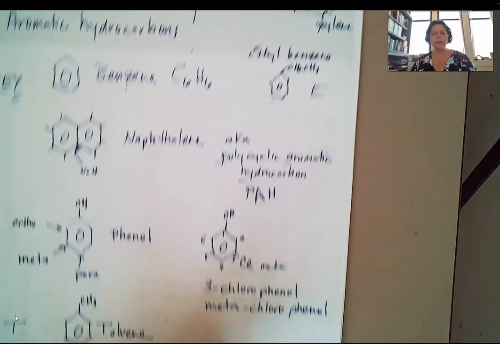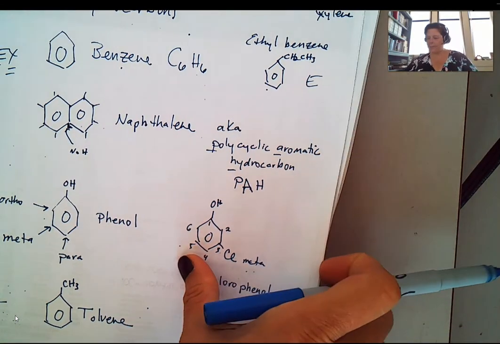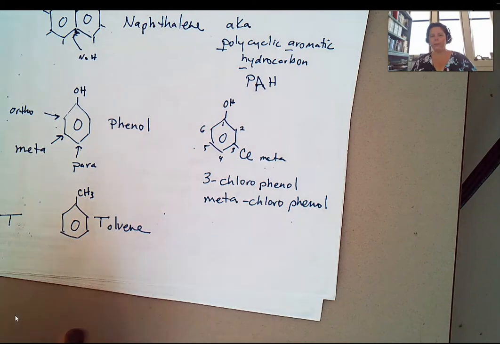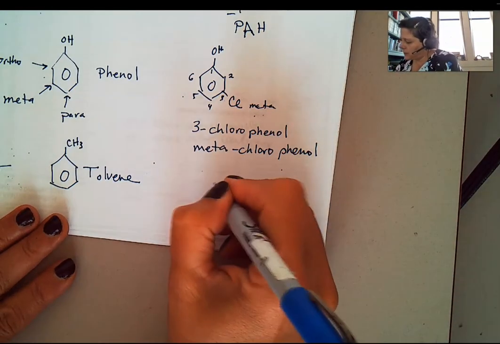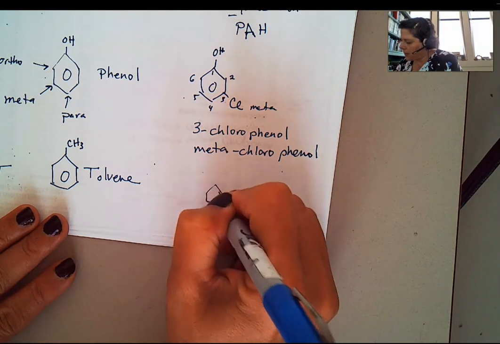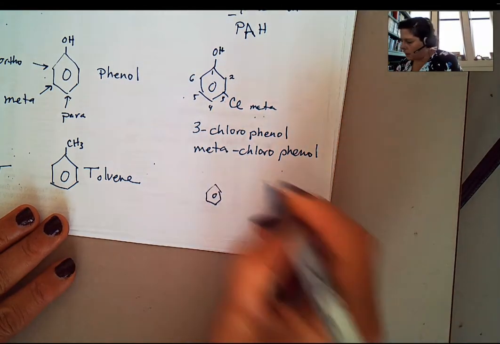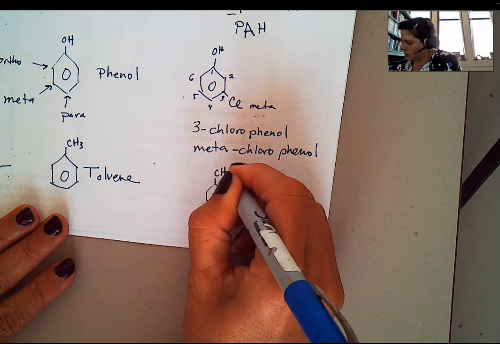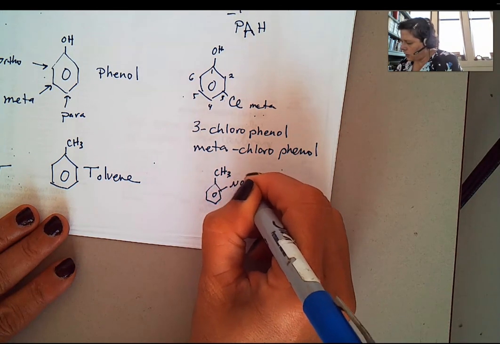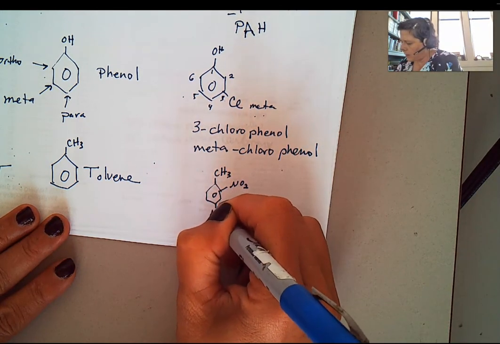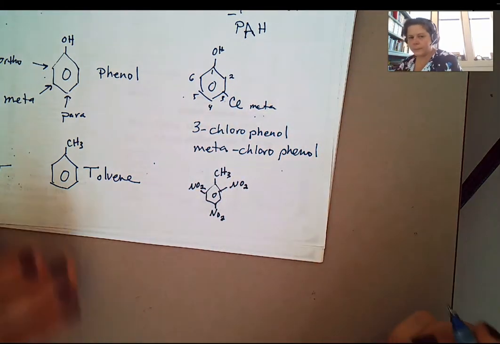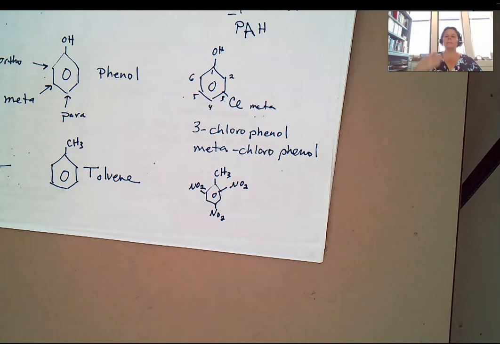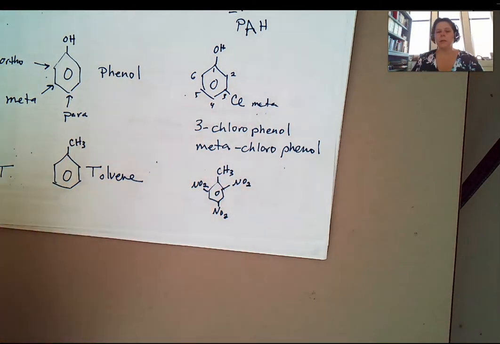Okay. Going back to my toluene here, I'm going to draw a compound, and I want you to think about what would be the name of it. So we've got our base little group here. So there's our methyl. We've got a CH3, NO2, NO2, NO2. Okay. So this particular compound, what do you guys think?